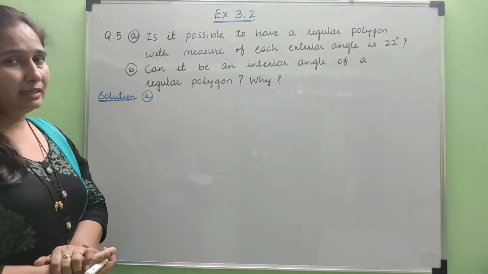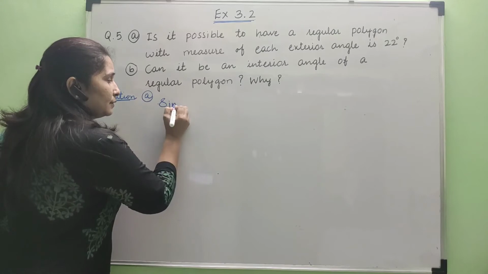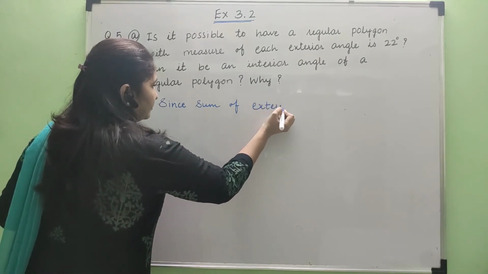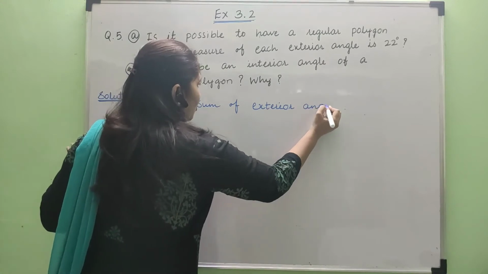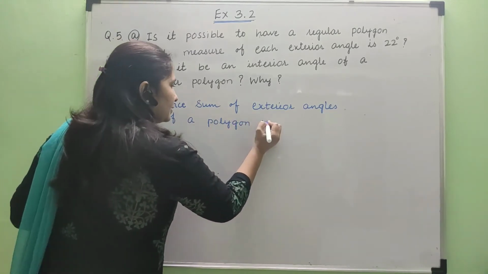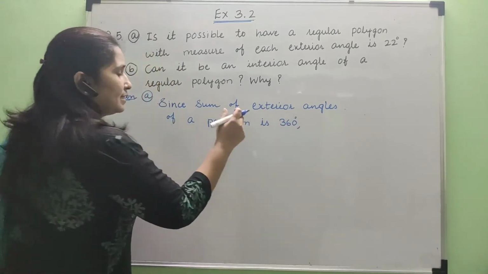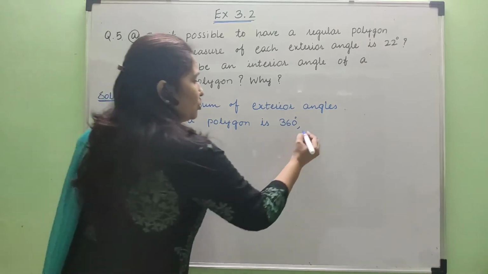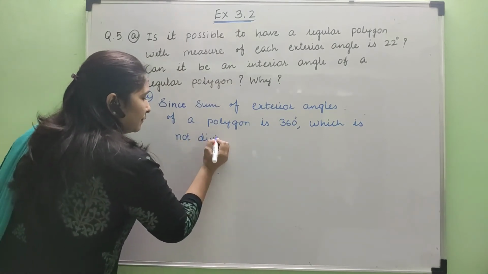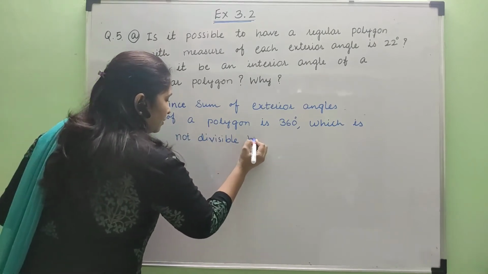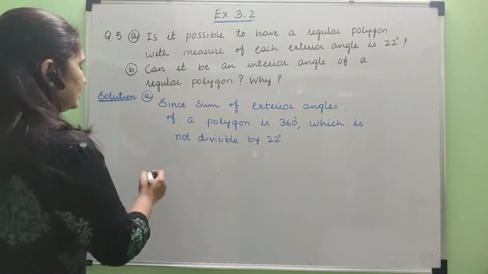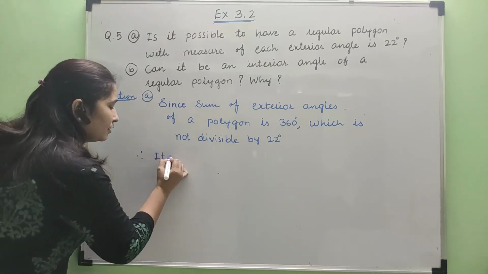So we will write what we have explained now. Since the sum of exterior angles of a polygon is 360 and we are saying that this 360 is not divisible by 22, so we will write here, which is not divisible by 22. 360 is not divisible by 22 and because of this reason we can say that it is not possible